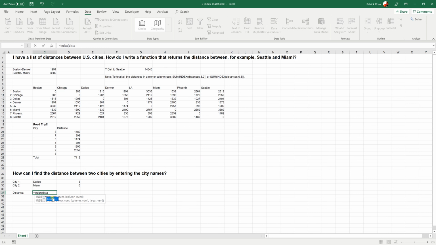I meant to double click. Distances, and the row is 3, and the column is city 2. And then we just end it. So now we know that's 1,332 miles. Let's check that out. Dallas to Miami,